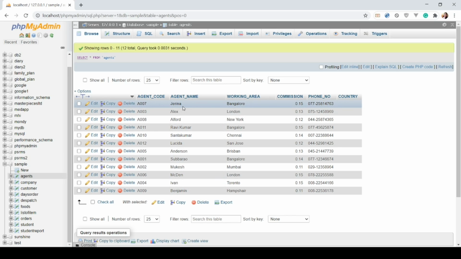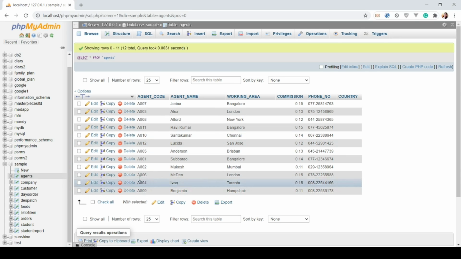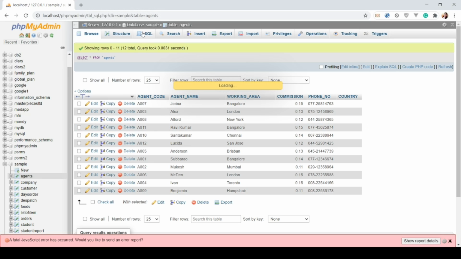And then if you are going to delete specific data, for example, let's delete this one, A011.